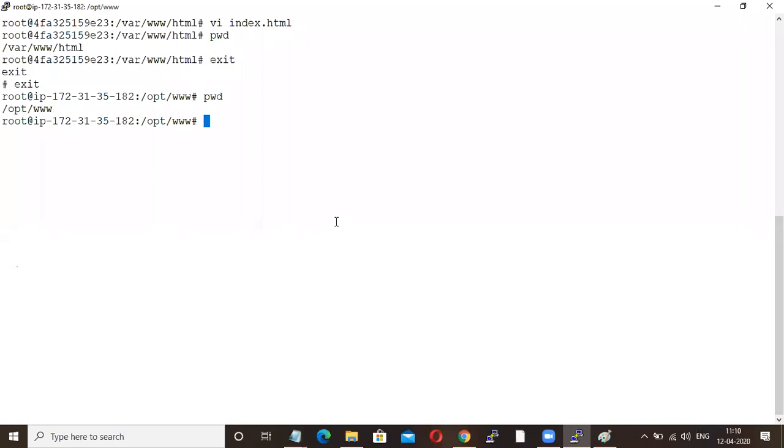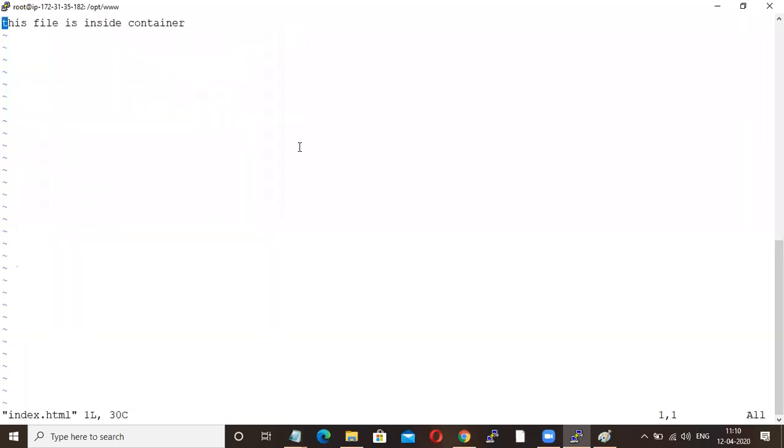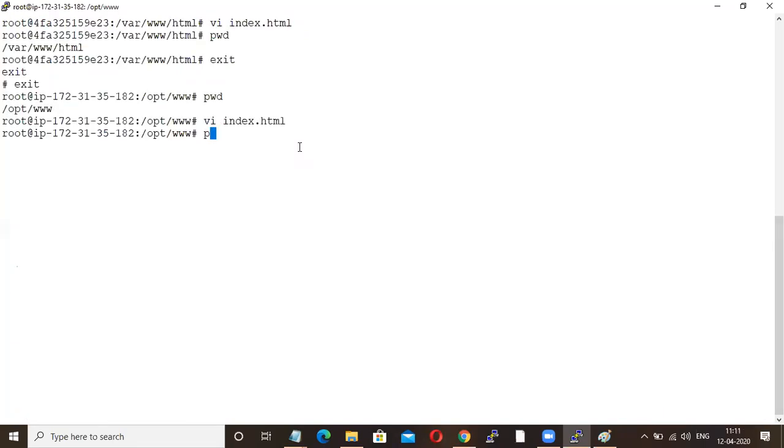So now my developer is coming and he is going to place one index.html file in my local machine. Now he has placed your index.html file in your local machine. Now check here.